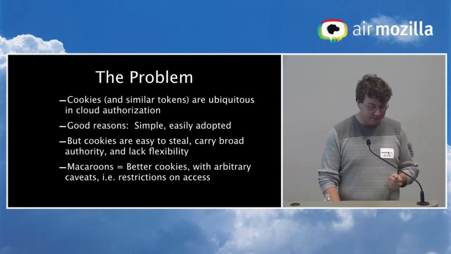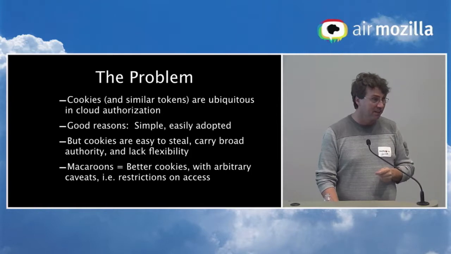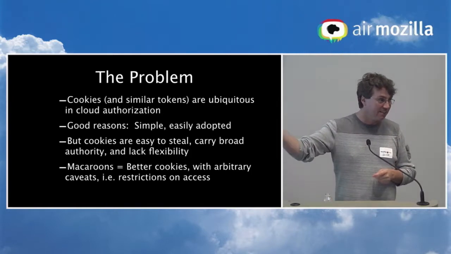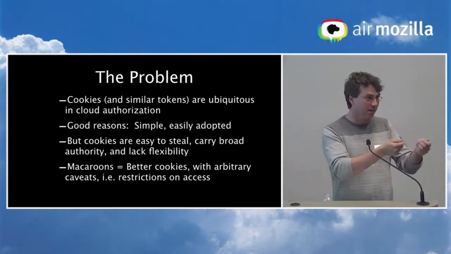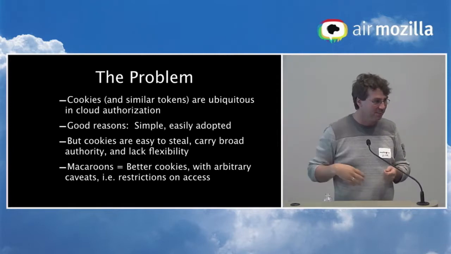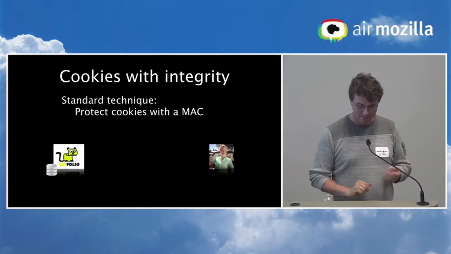Macaroons are basically better cookies that allow you to put arbitrary restrictions on the cookie. And those restrictions can include statements about third parties, like that valet company and its employees should be the ones driving the car, which is better than programming the car with one particular driver's license of one valet, because it means that all of the valets in this area can drive the car, and you don't have to wait for one of them to come back.